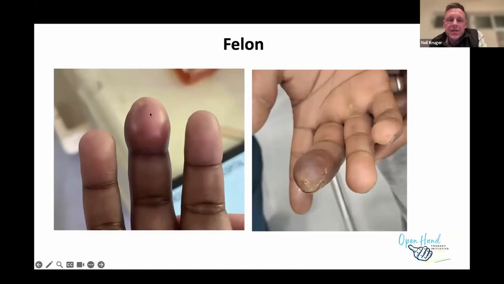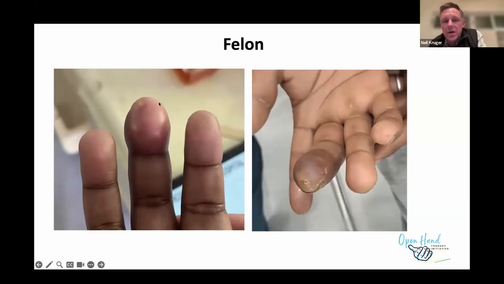A felon is a pulp space infection. Although occurring in very, very close proximity to a paronychia, it is a different anatomical space. So the fibrous septae that divide up the pulp space of the finger, these are infected. And the problem with this is it's insanely painful. It swells quickly. Patients often can't sleep at night, and they have this globular swelling of the entire volar aspect of the finger. It needs an incision over the midlateral aspect of either side of the finger,